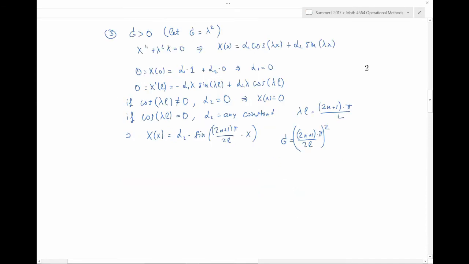Let me move it a little bit. Now, solving for T, we get that T prime plus kappa times ((2n plus 1) pi over 2l) squared times T should be 0, which means that the function T is some kind of constant times e to the power minus kappa times ((2n plus 1) pi over 2l) squared multiplied by t,